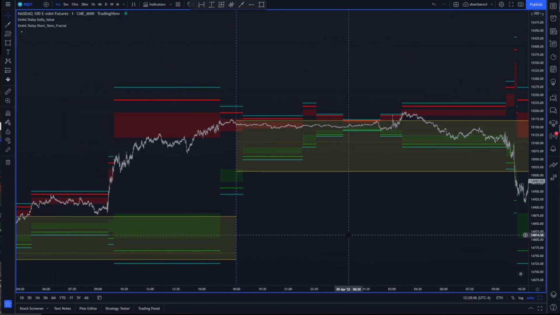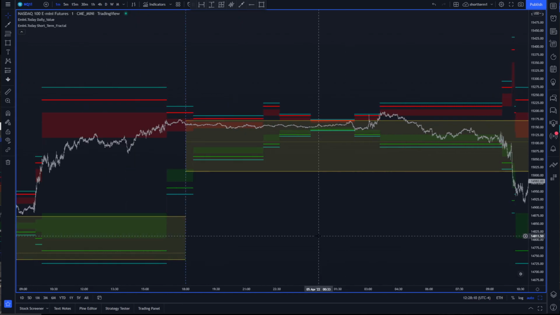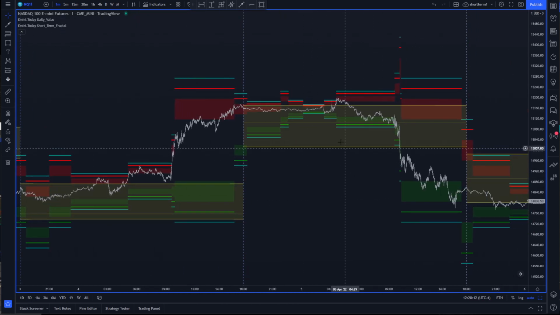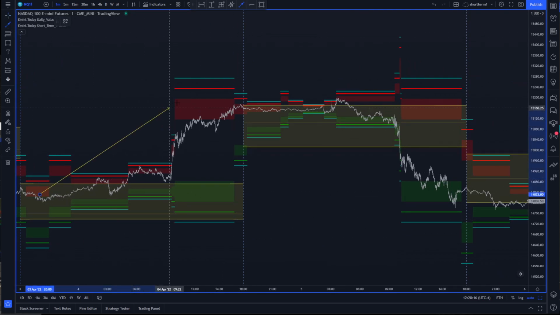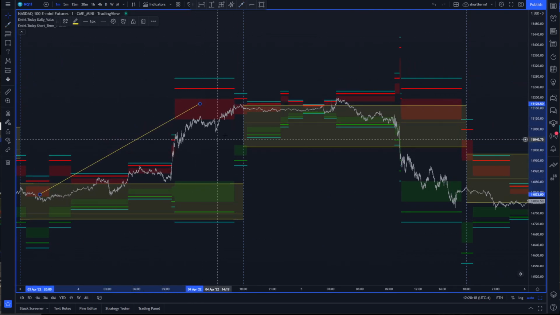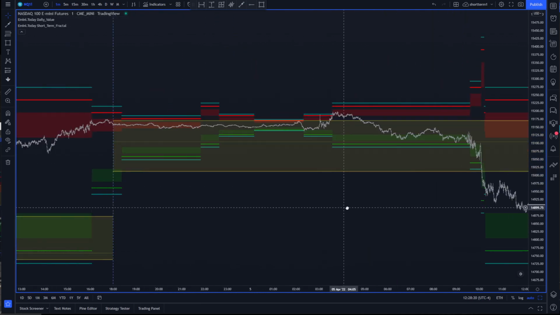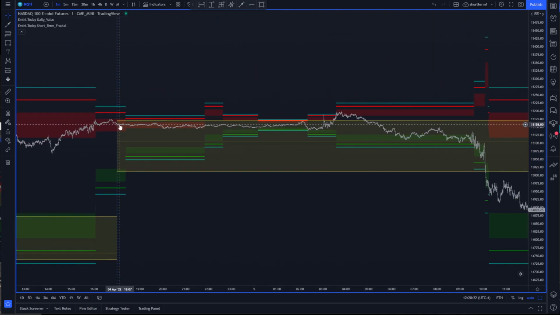This one was like a top. You had an up day, right? But price closed inside of the value, right? So you're looking for short,